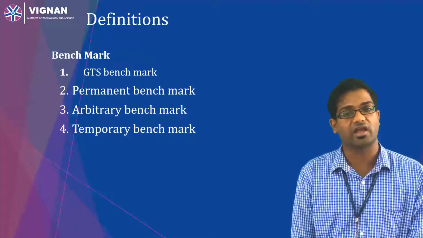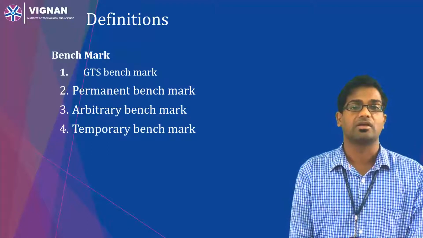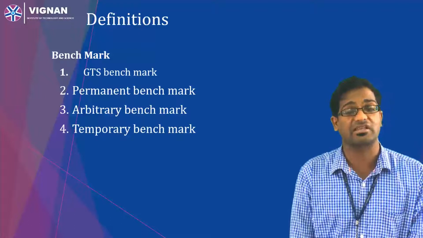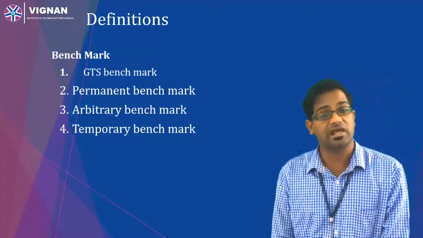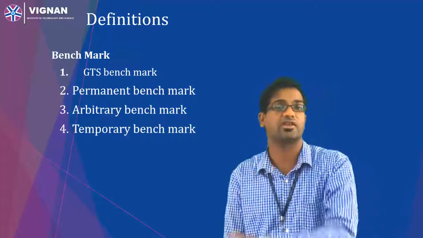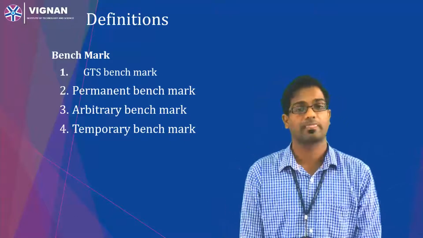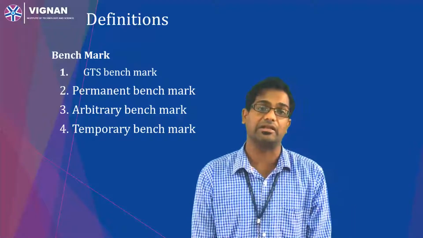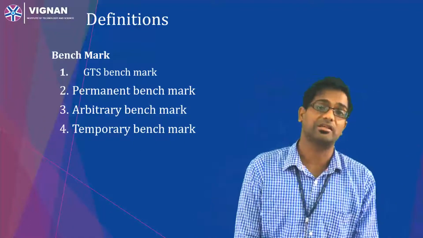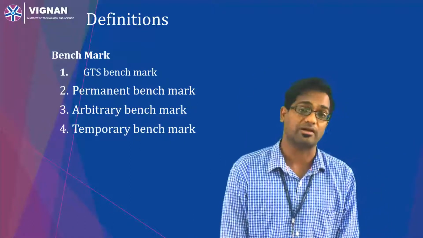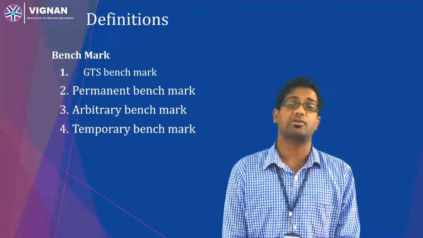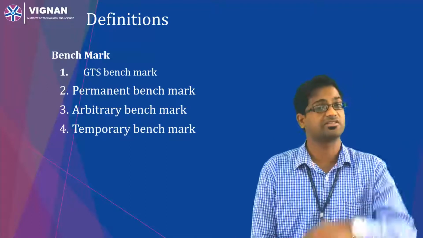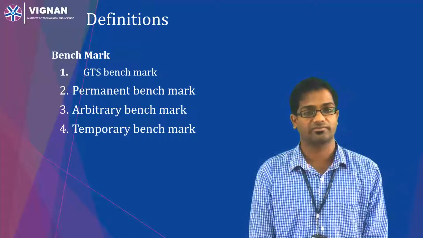We have a Survey of India in Uppal. The Survey of India conducts surveys at various ground levels and establishes these GTS benchmarks with reference to the mean sea level. These GTS benchmarks are used by the railways and PWD, and they will set up another benchmark called a permanent benchmark. For example, the Great Trigonometrical benchmark was set up in Uppal as 580.25 meters. This is a standard point elevation.